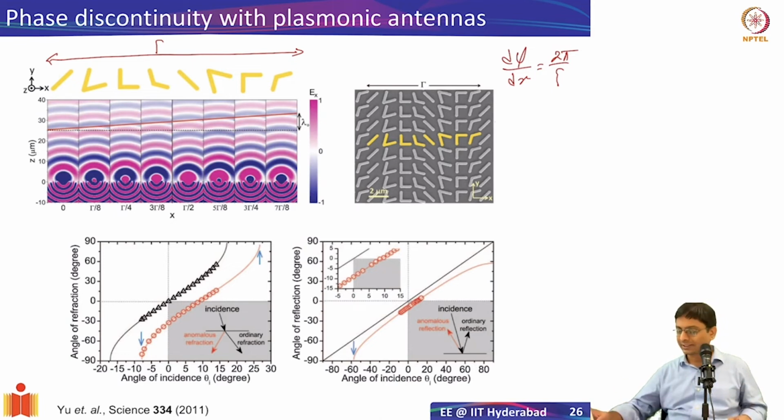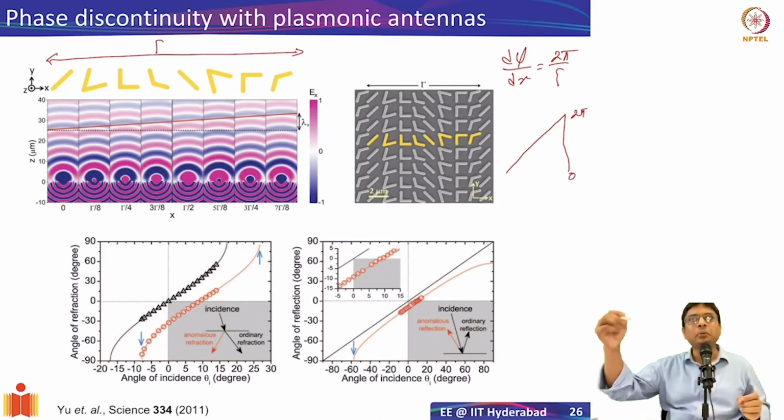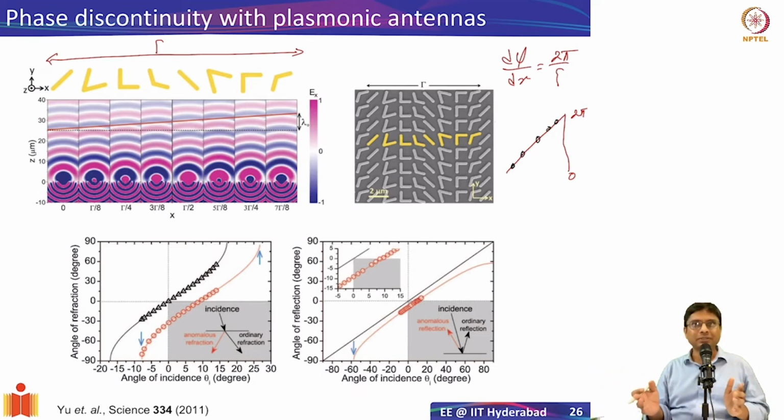For example, let's say my structure is like this, and this is the 0 to 2 pi phase I want to achieve. Ideally I should sample it at every point. If I sample it with, let's say, only 8 points, or 5 points, that may be enough, because as long as you satisfy Shannon's sampling theorem, it should be fine. You should get some response. But if you are very, very close to the continuous gradient, you will get best efficiency. So you're going to sacrifice efficiency.